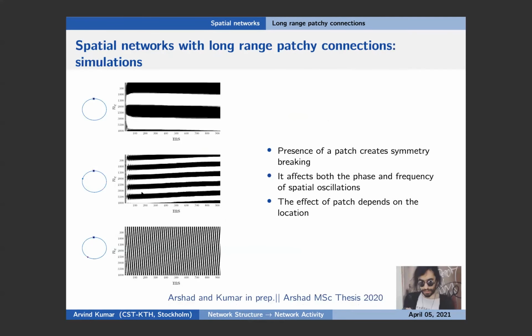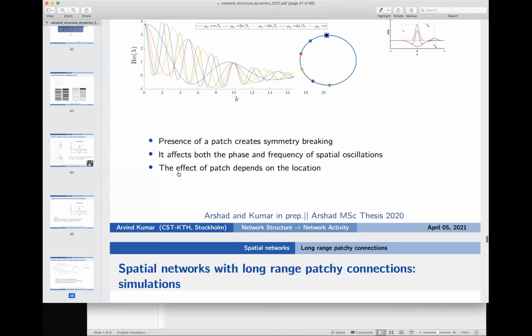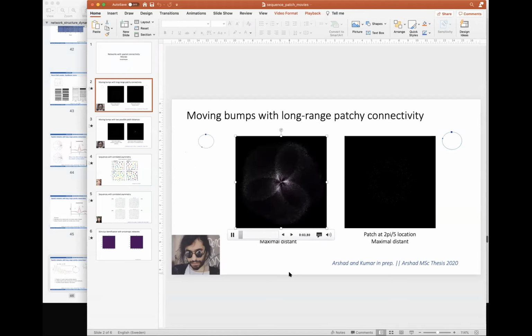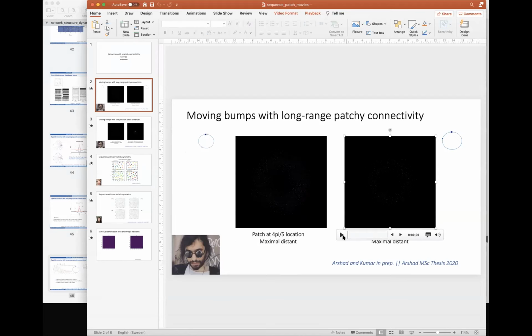So essentially, we are going to increase the number of bumps depending on the size of the network. On the other hand, if the patch is far away, we don't really change the number of bumps, but they move relatively fast. This is something you can appreciate better in these movies, which Fawaz made. He places all the neurons at the center, and as they become active, they jump out. You can see the three lobes appearing when the patch is slightly far away from the main lobe, as opposed to when the patch is sitting closer. We predicted there should be more bumps, but they should move slowly, and that's exactly what comes out here: there are pretty much 5 or 7 lobes we can see, and they move very slowly.